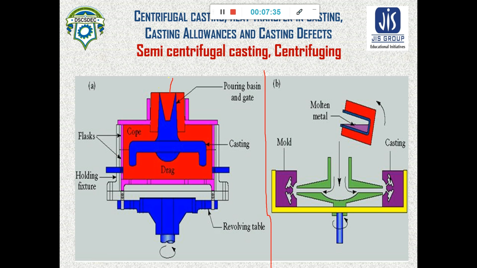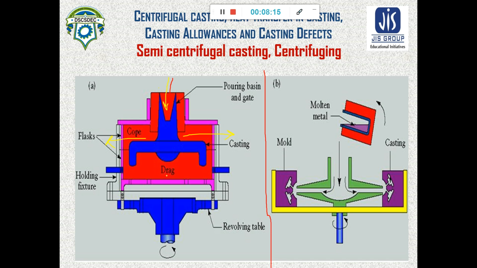See, the molten metal is poured from here. Now, when it is poured from here, and the total flux in the table is removing, what happened? The molten metal tends to move outward in this direction. Now, if due to this direction there is a drag, we can have parts which have a rotational axis of symmetry.